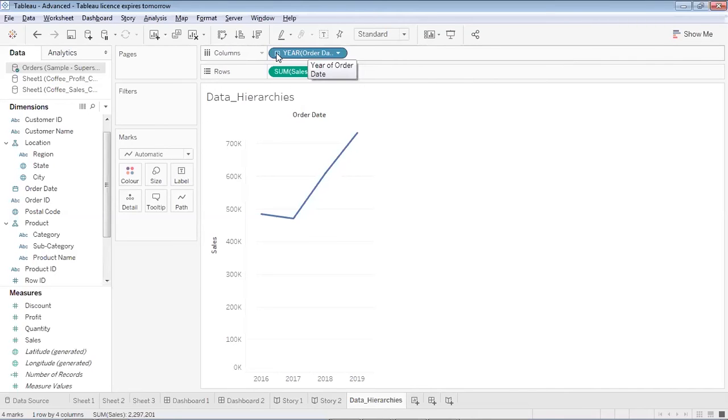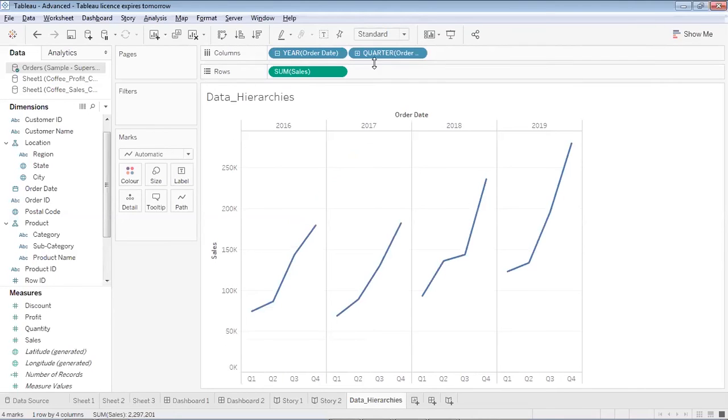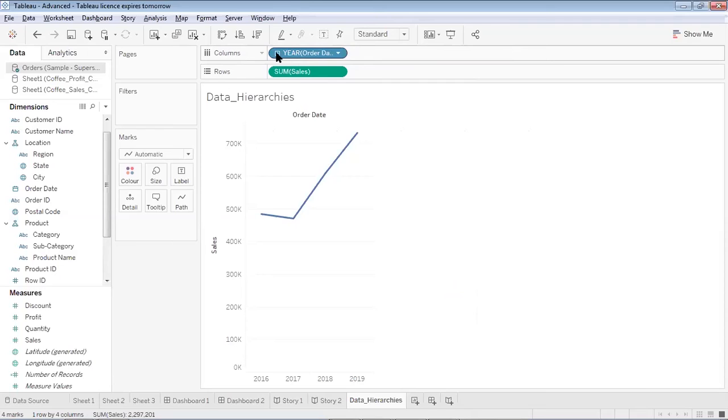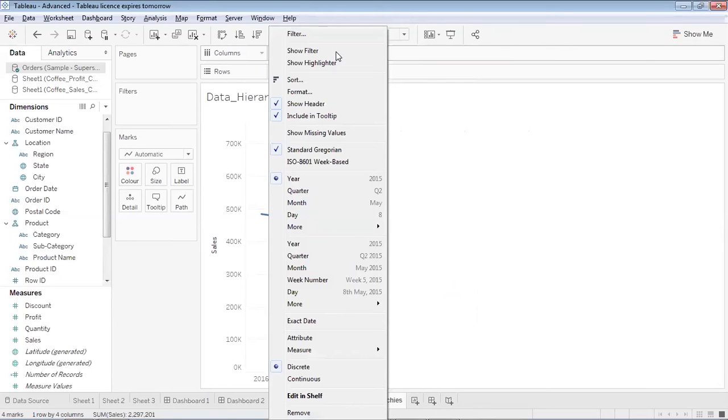when I click a plus sign, the year gets drilled down to quarter, but my visualization gets broken into discrete values. When I drill down further, quarter to months, it is further broken into discrete values. It means my line charts over here are not connected. They are discrete because this year field of mine is discrete, but these date fields can be converted into continuous fields as well. So you will see over here I get an option to convert this field to continuous or discrete. So in a date field, I get these two options.